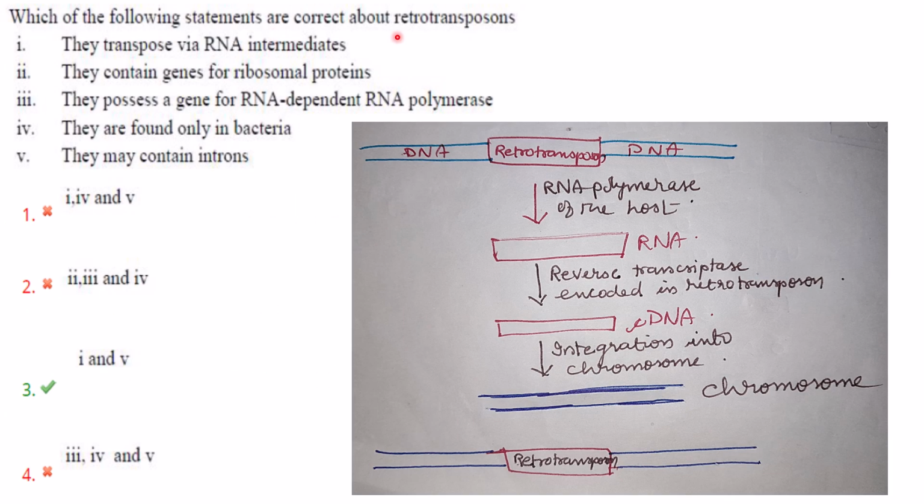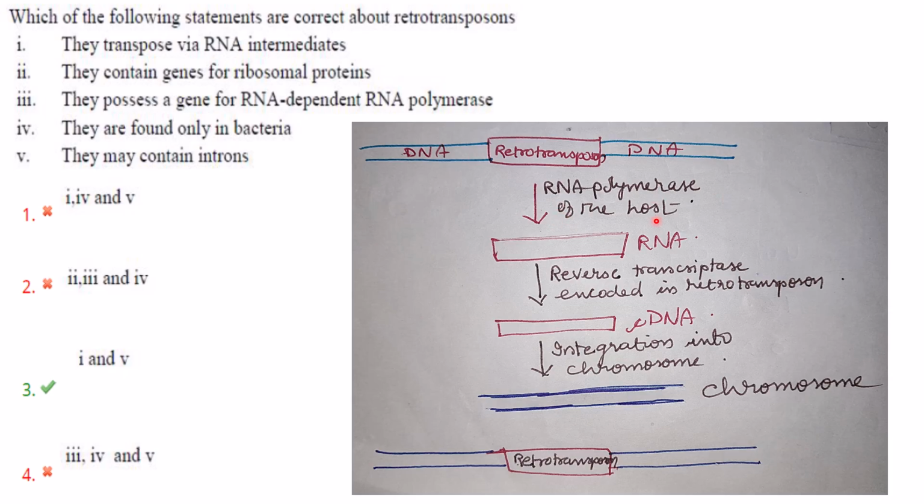Then which of the following statements are correct about retrotransposons? Retrotransposons are also like your transposons. They are mobile genetic elements, but they transpose themselves via an RNA intermediate. That is by a copy-paste mechanism. So this is your DNA having the